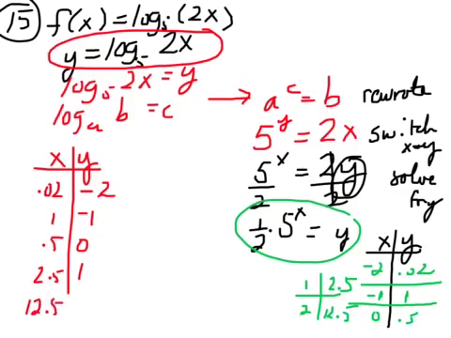12.5 and 2. So if I want to graph, the green function would actually be the inverse that I found, and the red function is the original function, but it was easier to actually go ahead and make a table of values to graph for the inverse function and flip it to actually graph our original function. That's why, again,